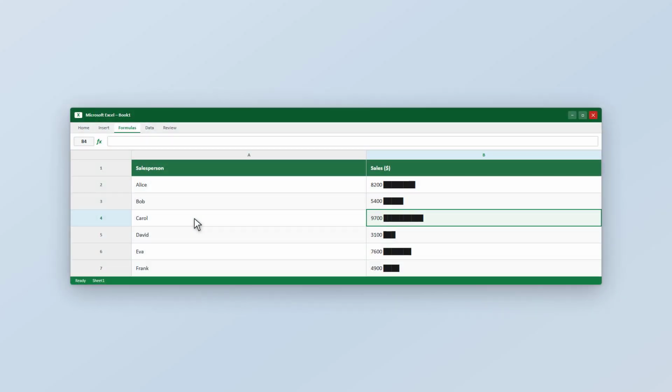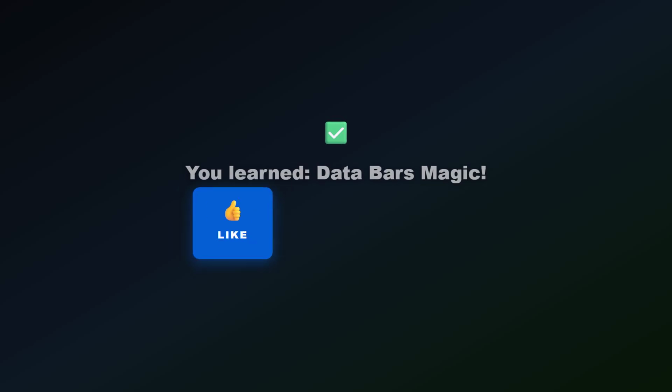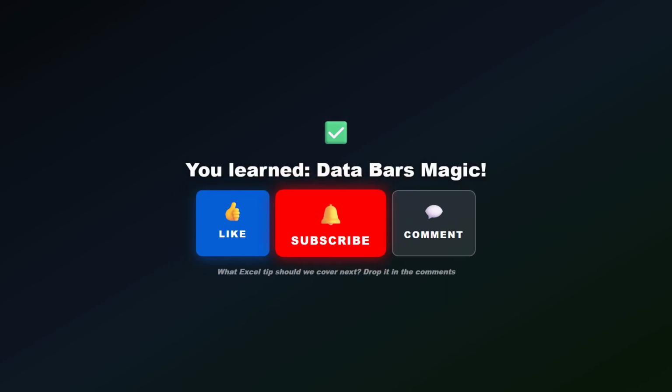Each cell now shows the number and a colored bar that visually represents its size relative to the others. So Carol at 9700 has the longest. You just learned how to use data bars in conditional formatting to turn any column of numbers into an instant visual mini chart. No separate